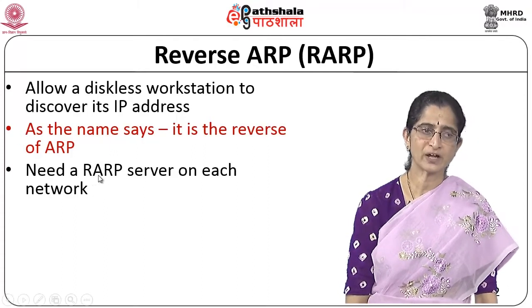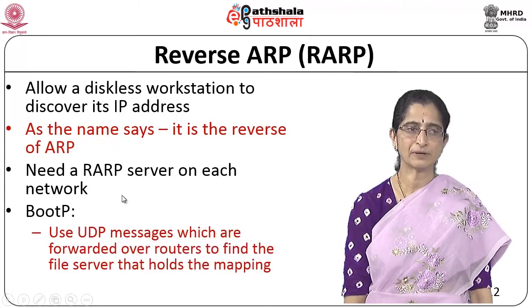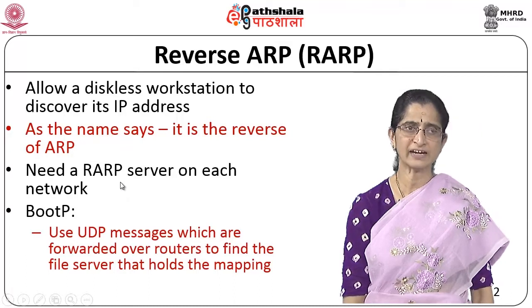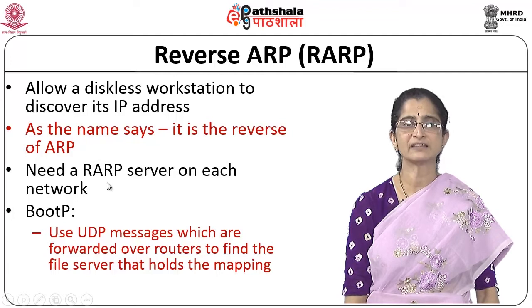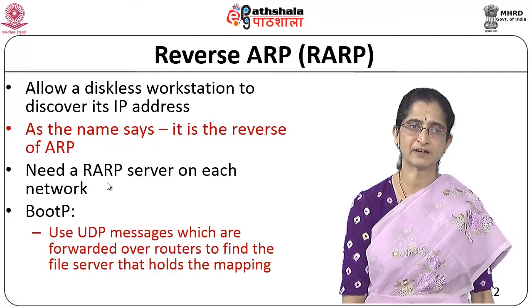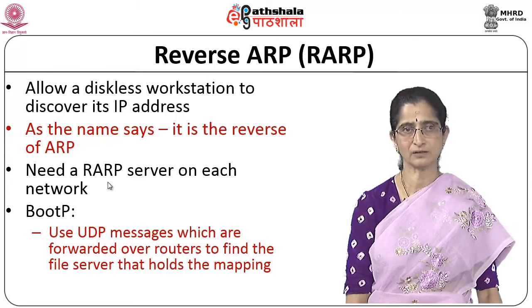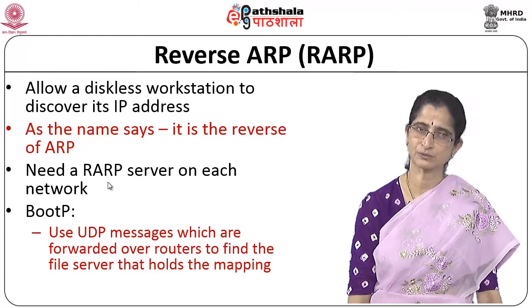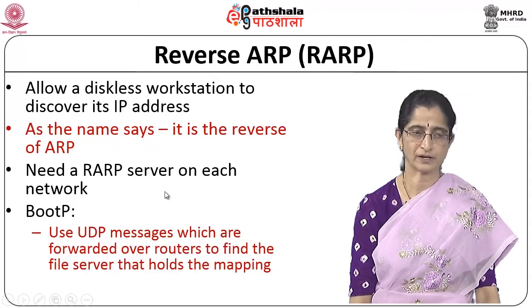For RARP, we normally have an RARP server on the network which will keep a mapping of physical addresses and IP addresses, and when it gets a RARP request saying can somebody give me the IP address for this MAC address, the server will respond with that information, and then the node gets its IP address assigned to it. So this is a scheme which is used basically in diskless workstations, not popular anymore.